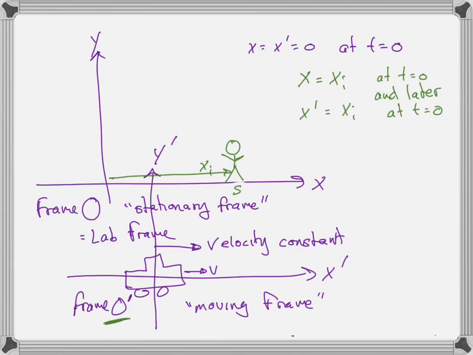But notice, and this is why I drew the axis a little over, this is at some later time. So at some later time, after a time t, the frame has moved on so that the new position at time t is shorter than x initial. And how much shorter is it? So at a later time than t equals 0, x prime is equal to x initial, but it's gotten shorter by how much?